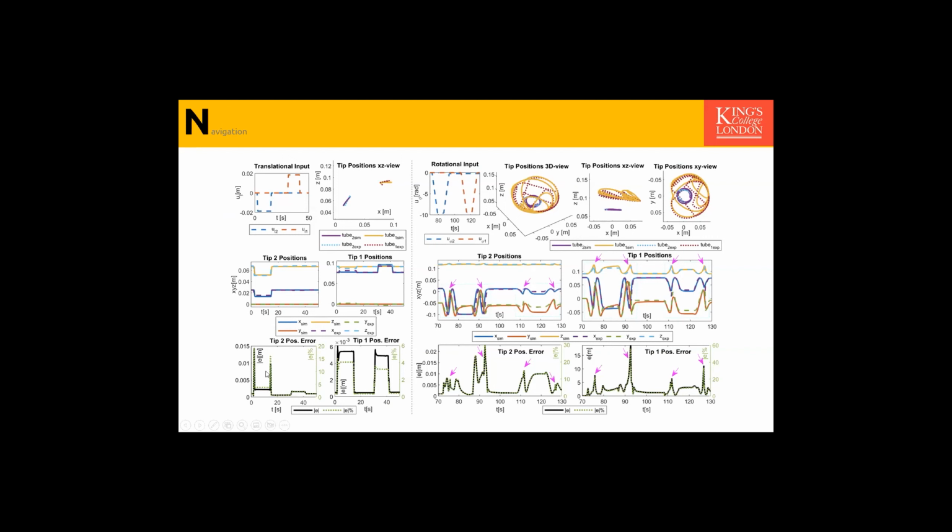Error results: large errors during the snapping instances. On the left side, you see simple translation. On the right side, you see cases with snapping. Again, you see the asymmetry between the forward and return motion that we could capture, and large errors during the snapping, relatively large errors after snapping, but overall the error was within 6%. And also you see that we could capture the simulation result, the solid lines pretty much coincide with the dotted ones, the experimental ones in our